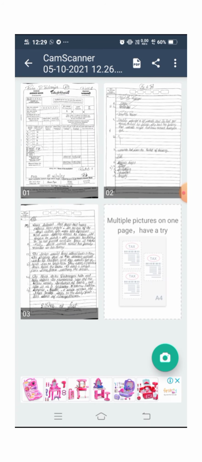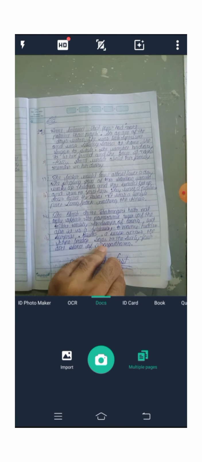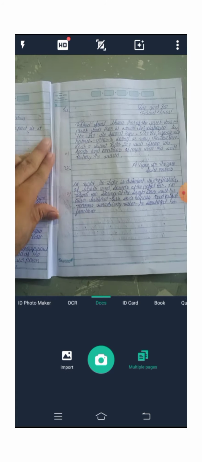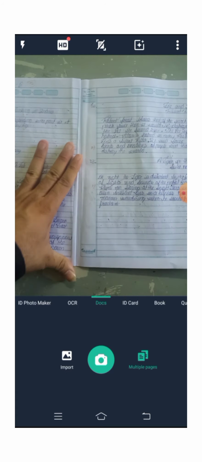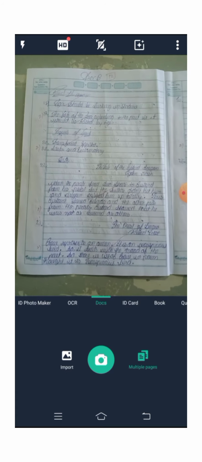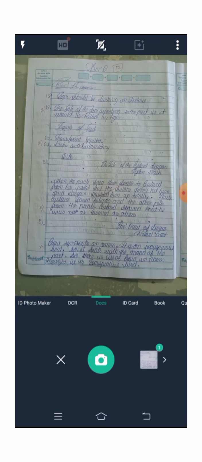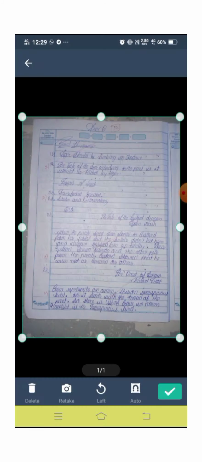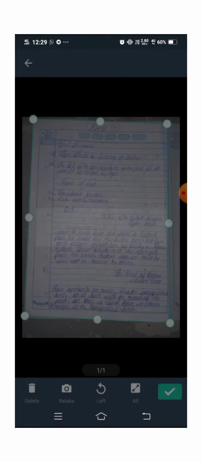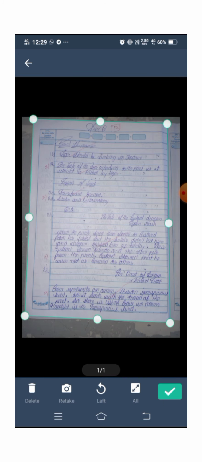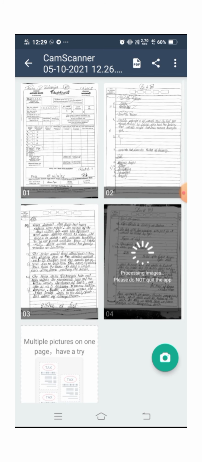Now we'll move further. Okay, I'll change the page. Again I'll click the picture. So this way you can click as many pages as you have.